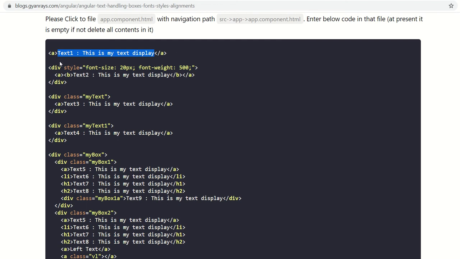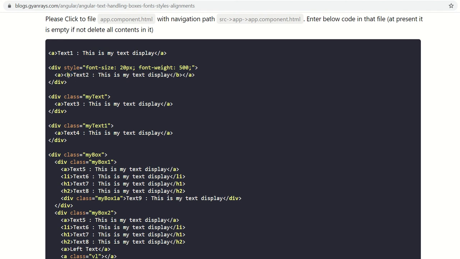Now there is another way you can display this text in a bold format. If I want to display this text in bold, I need to add a tag b and then /b. So each and every tag which you open under the less than and greater than sign needs to be closed with a slash and the tag name.